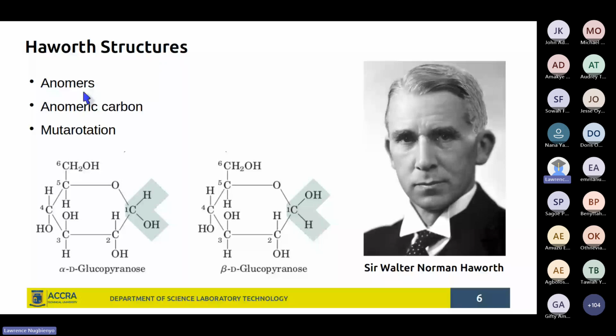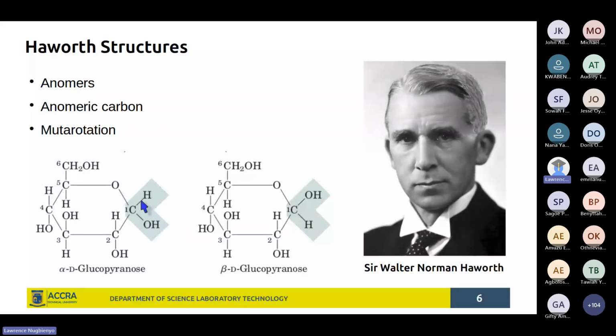They are not enantiomers because really we cannot directly refer to them as mirror images. What brings about the formation of the anomers is the fact that on carbon number 1, that carbon which we refer to as the anomeric carbon,